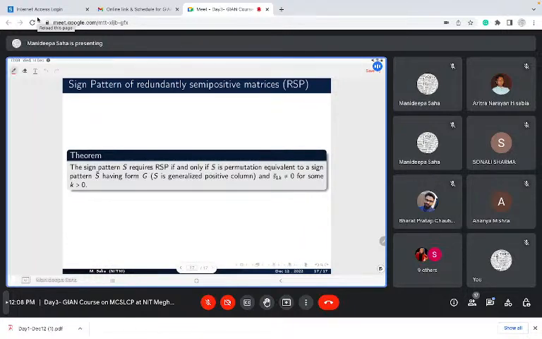It says that a sign pattern S requires redundant semi-positivity if and only if S is permutationally equivalent to a sign pattern S bar having the form G. So it means the same as I can say that S is a generalized positive column, and together with that I need another condition. It says that in this S bar, in that stress relaxation, I can find out